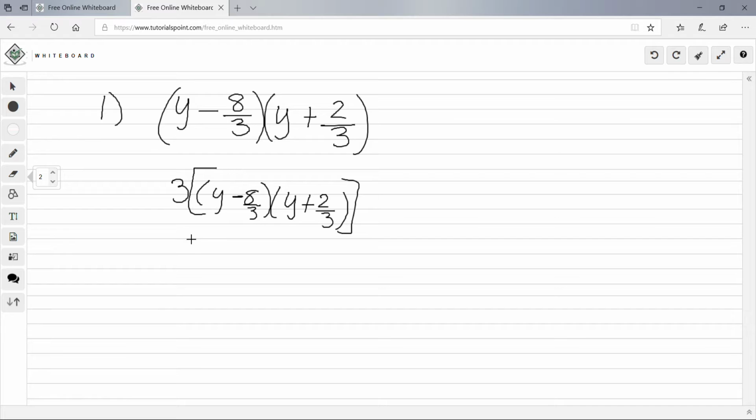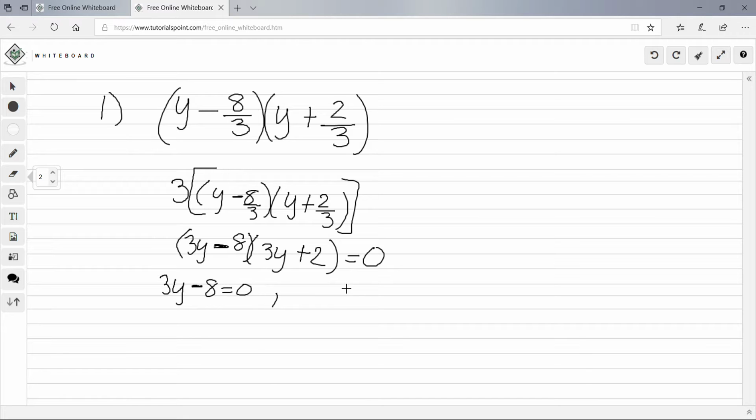So 3 times y is 3y, minus 3 times 8 over 3, the 3 cancels, so you're just left with negative 8. And then 3 times y is 3y, and then plus 2 over 3 times 3 is just 2. And then we set this to 0 because we want to solve for y. So what you can do is break this problem into 2. So we can say 3y minus 8 equals 0,